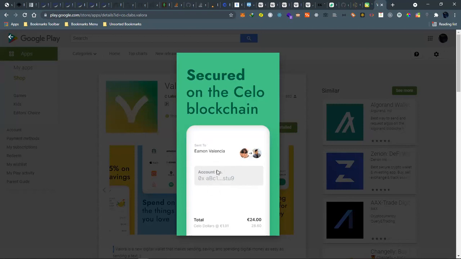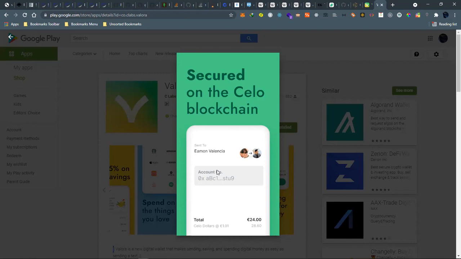Then you can go to your contacts when you are sending, and so long as any person in your contact has a Valora wallet, they can send you $0 using the mobile phone, and then they have an escrow system.